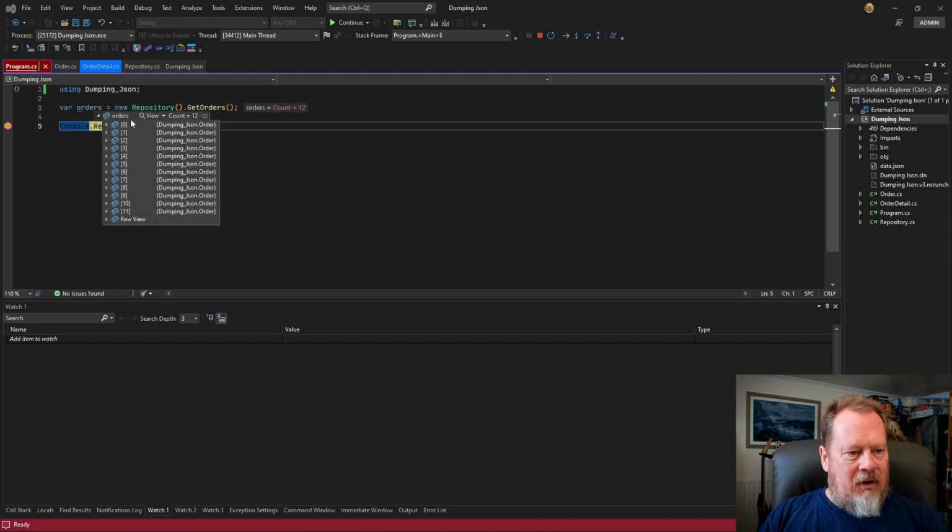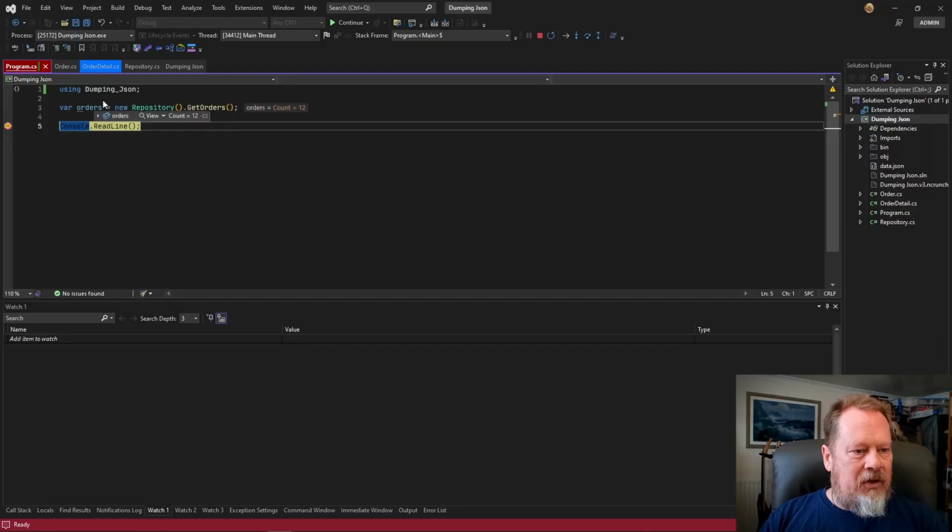Things close when you hover off them, and you can't really look at all the data in one go with this. So there are times when you just really want to get this in a much more browsable format. So what you could do is add this to, say, a watch. You could take this object,